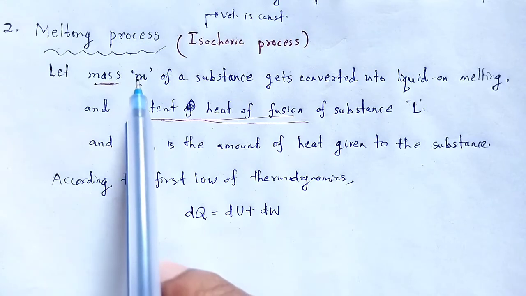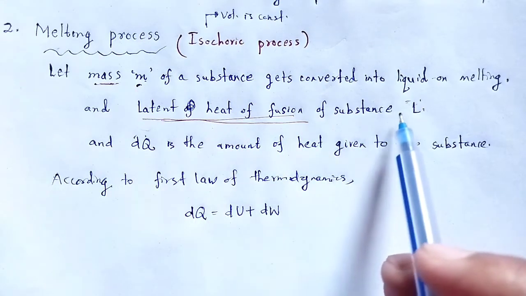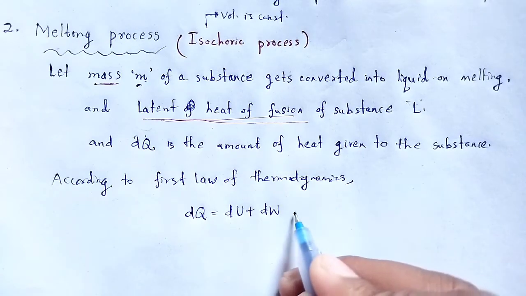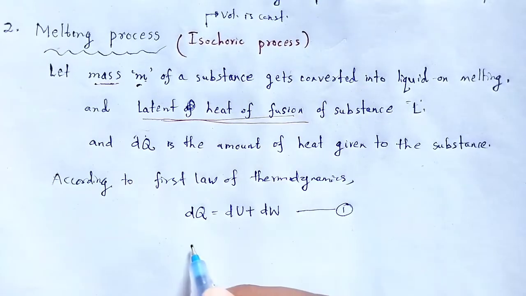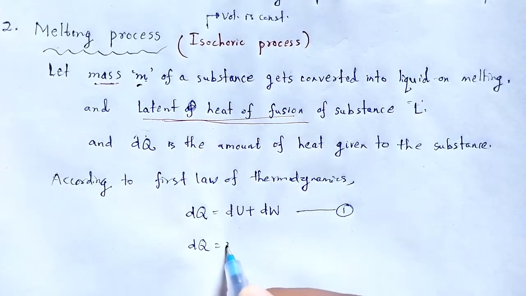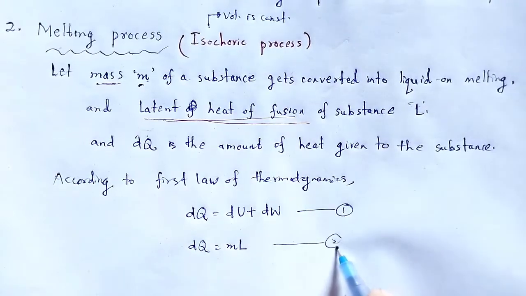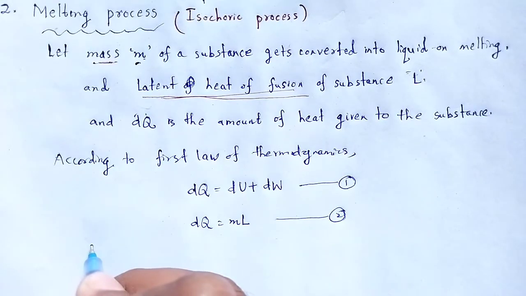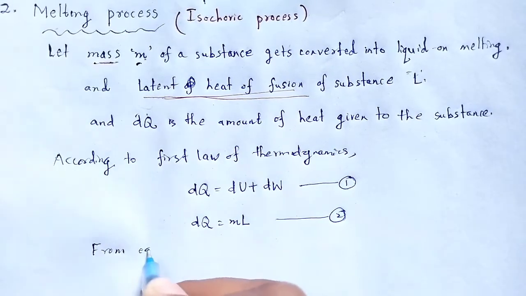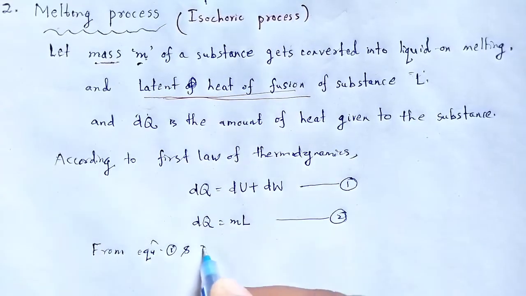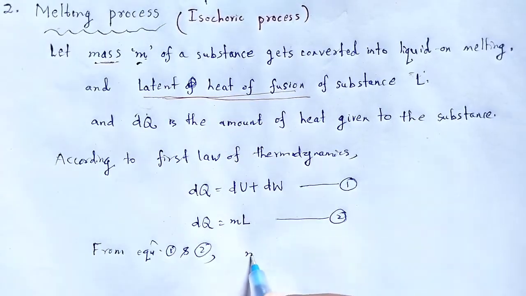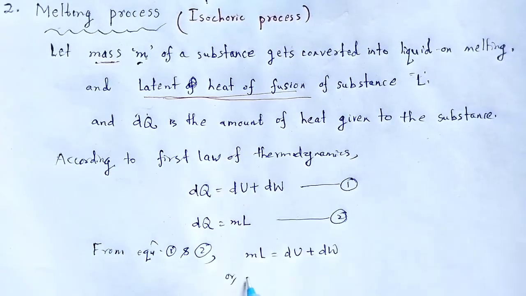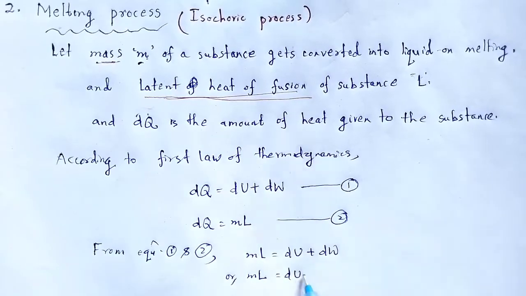But here the mass of the substance is m and the latent heat of fusion of the substance is L. So in equation 1, dq will be m into L. Let this be equation 2. From equation 1 and 2, that means mL is equal to dU plus dW,